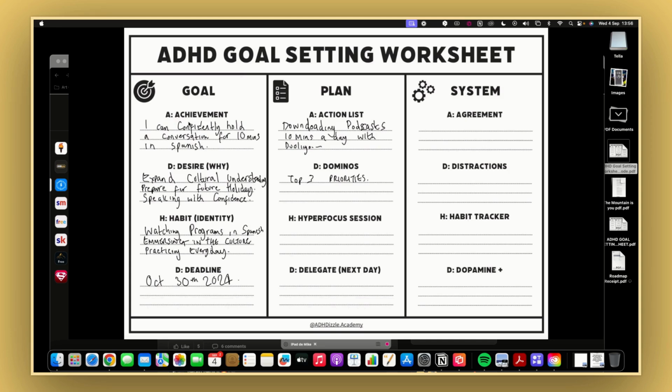Now we need to go to system. Systems is what's going to help you to keep up with your plan, right? Your plan is the thing that helps you to achieve your goal. So what systems do you need to have in place that are going to help you to keep with this plan? You need to set yourself up in an agreement. The agreement here needs to be something like a statement that you've said to yourself that this is what I'm committed to doing and I'm not going to sway away from this. Like, this is what it is. This is what I'm committed to for the next 30 days or whatever the deadline is. Write a little statement here, right? So it helps you to keep up.